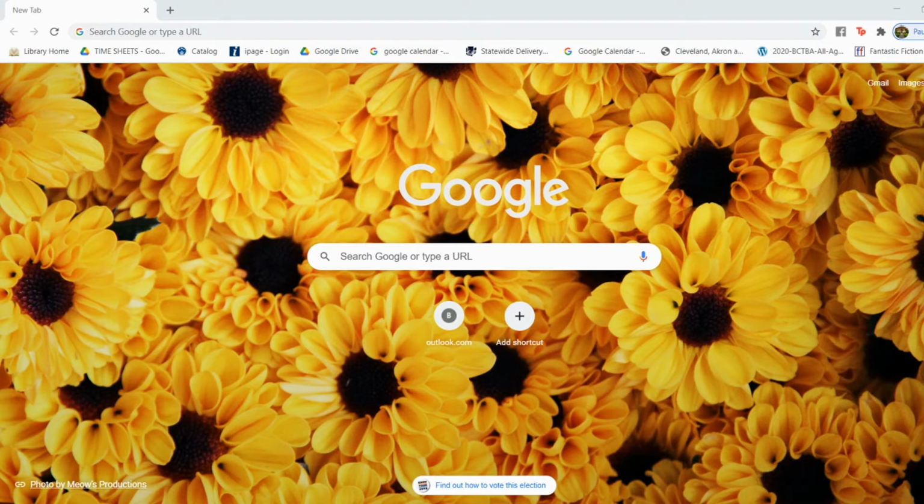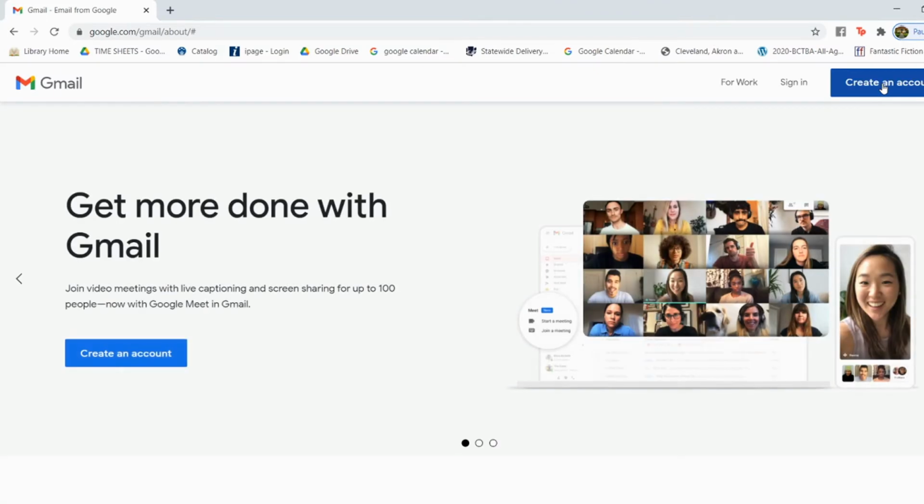So we are going to look at how to sign in after you have created the email and you want to get back into it, as well as signing out, sending the email, adding attachments, and a couple other things. So first things first, if you didn't sign out, you're probably already in, so you can just click this Gmail and it'll automatically take you to your email. Or you can click this sign in,